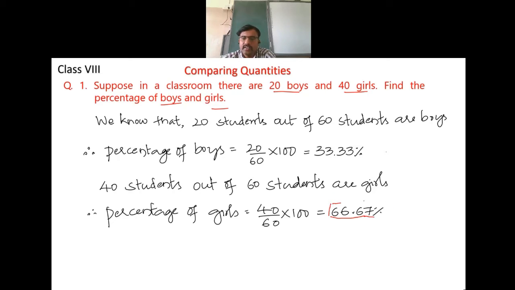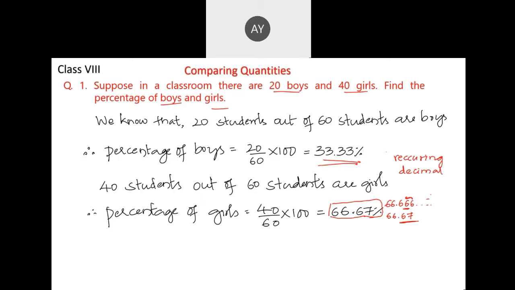Last year you have learned decimals. What type of decimal do we get here? Non-terminating, and it is called a recurring decimal. Recurring means repeating decimal. When we calculate here, it is 66.6666 and it continues. Here, the digit 6 is larger than 5, so I have rounded off at the hundredths place. So it becomes 67. Understood?